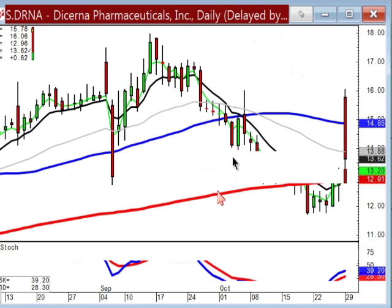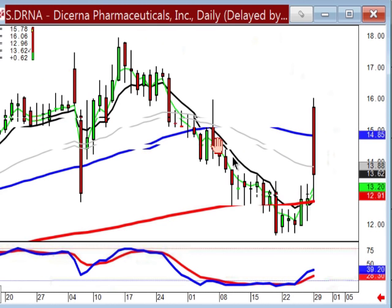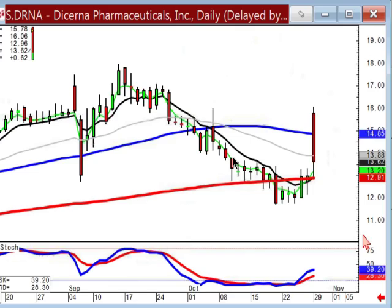Yes. The difference between a belt hold and a message is that a belt hold basically comes right back down into the trading range. Notice where the low was today, right down here. Now, if this opens lower tomorrow, what's it telling you about your trend? Your trend's continuing. Now, if it had closed up here, that becomes a message. And what's the definition of a message? That even if it's a bearish candle, the message was somebody was trying to get into it with great speed or great urgency. And that's why you start watching for